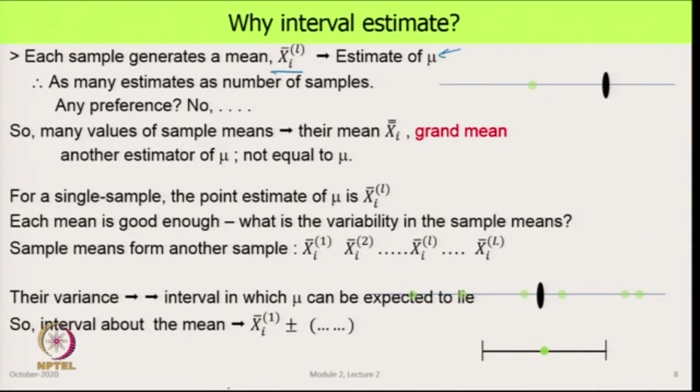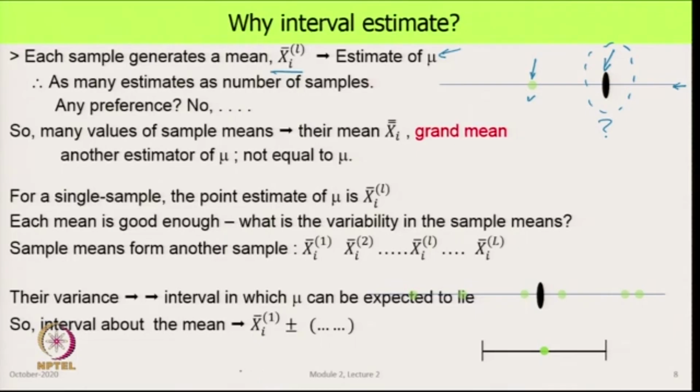If you want to pictorially represent this, here is a line which denotes basically values. This thing here is where the true value lies, which we never know. Let us assume it is there somewhere, and this symbol is the number we got from the sample mean, which is x I bar L. We do not know this part here, and our objective is that we know this, and we say, well, what can I say about this?